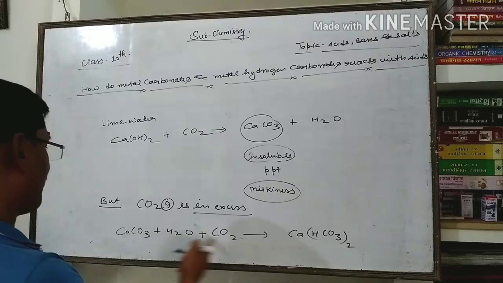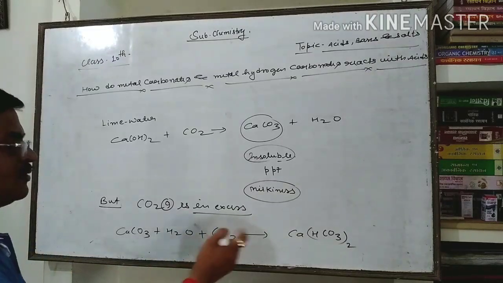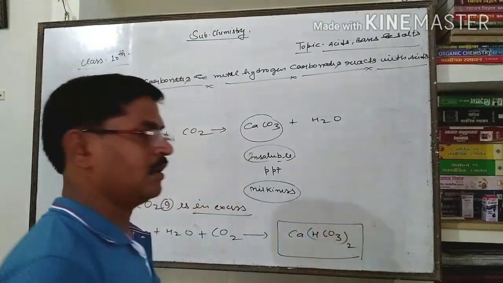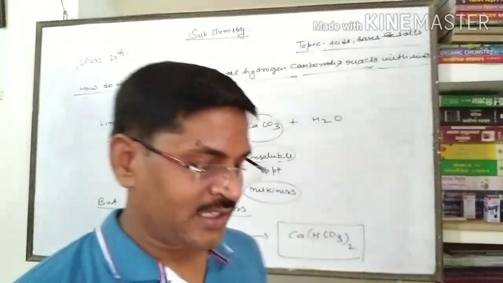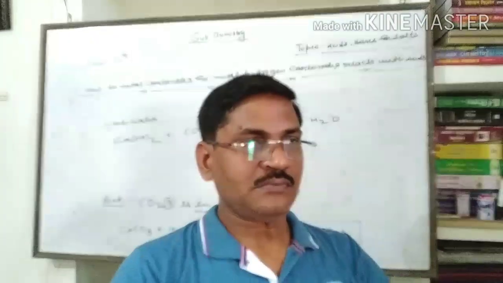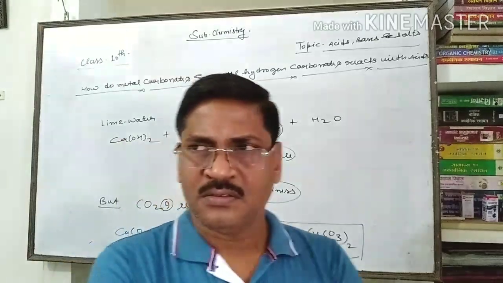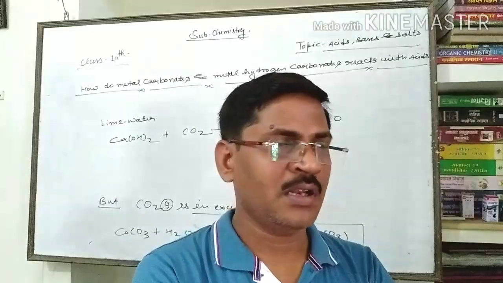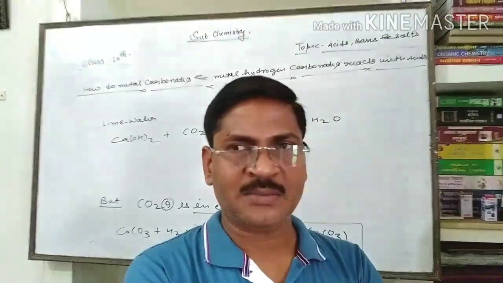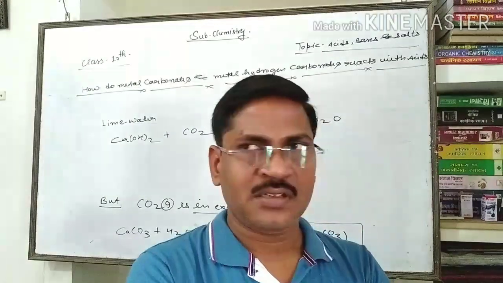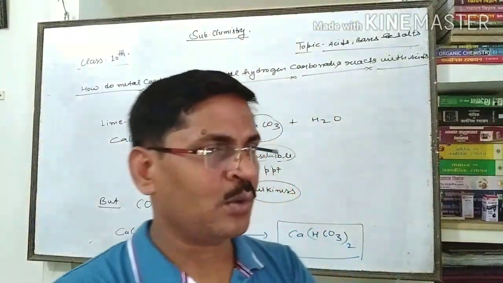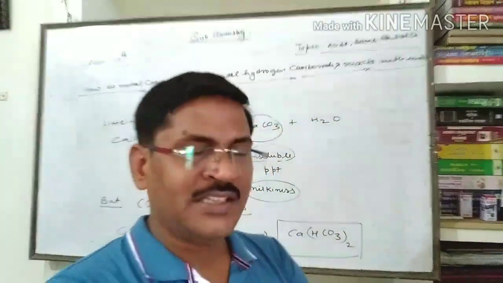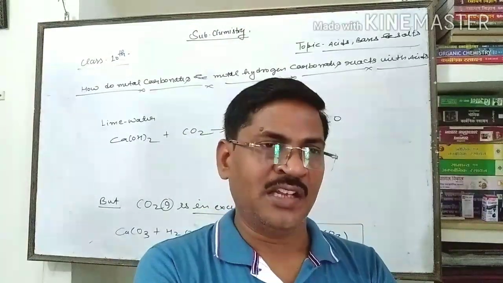It means 2, 3, 5, 1, 6, and hydrogen also. It means that it will give calcium hydrogen carbonate. After that, some another point I have to discuss with you. Some of the substances like eggshell, lime, marble, these are also made up of calcium carbonate. Therefore, when they react with dilute acids, either hydrochloric acid or H2SO4 or HNO3, they also give these reactions. So you can write it yourself.